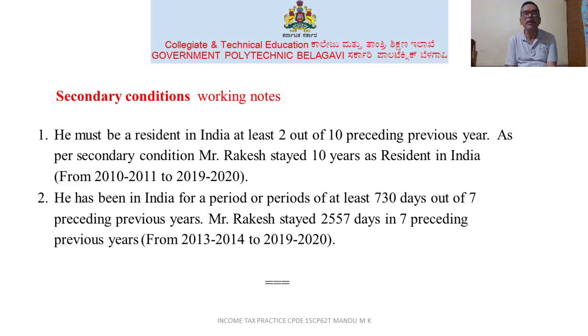As per secondary condition, Mr. Rakesh stayed 10 years as a resident in India, that is from 2010-11 to 2019-20. He has been in India for a period or periods of at least 730 days out of 7 preceding previous years. Mr. Rakesh stayed 2,557 days in 7 preceding previous years from 2013-14 to 2019-20. According to this condition, he satisfied both